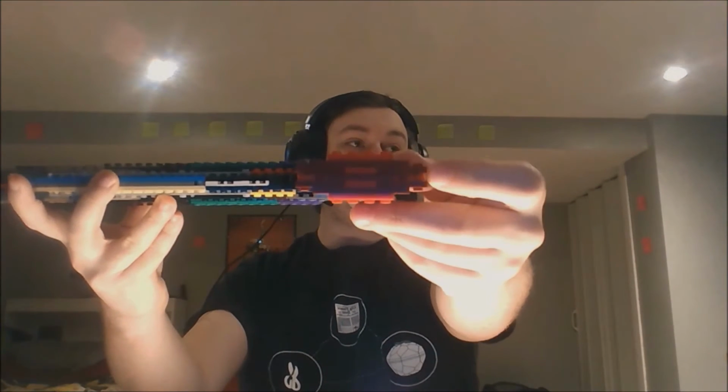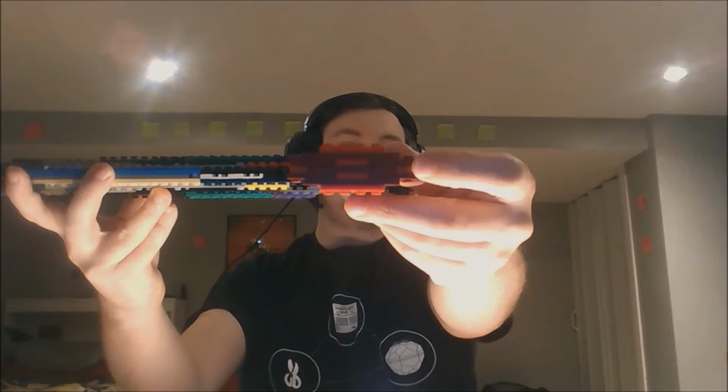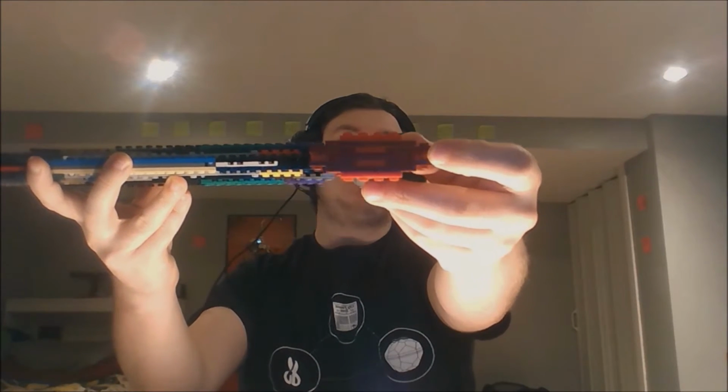So, the blade is actually double-sided. It is the exact same on both sides. I tried to get color even as best as I could, and it is very decently thick because it is two sides that are attached by these essentially 1x1s with the little outlet that take one off. It's essentially one of these pieces that is basically doubling up because you can put it in between